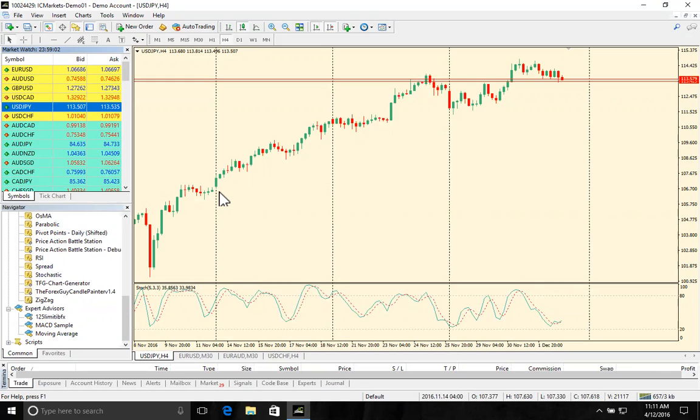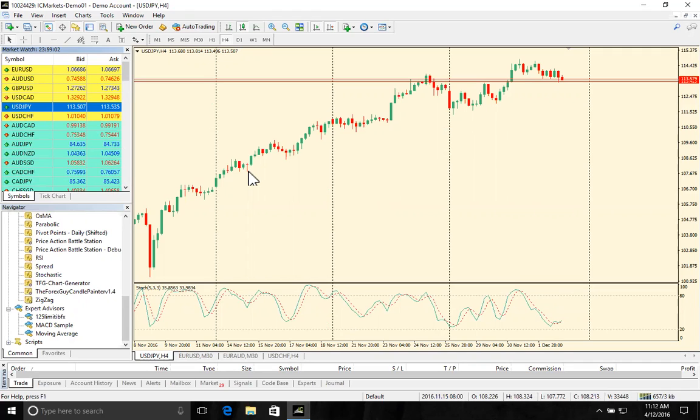So 3 orders. You enter the 3 orders here. You exit your first order when you reach maybe 10 or 15% of your target. The next order you exit when you reach another 50% of your target. You move your stop losses up and let the third trade run as much as it can. So there is no take profit on the third lot, but you do have a take profit on the first